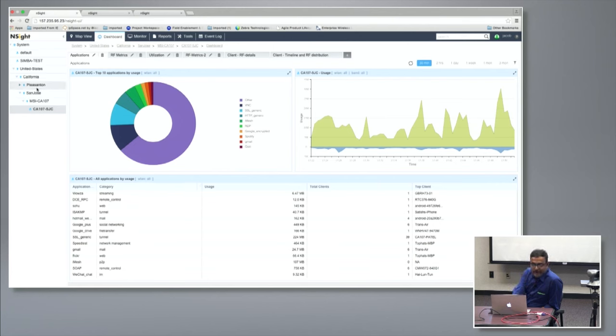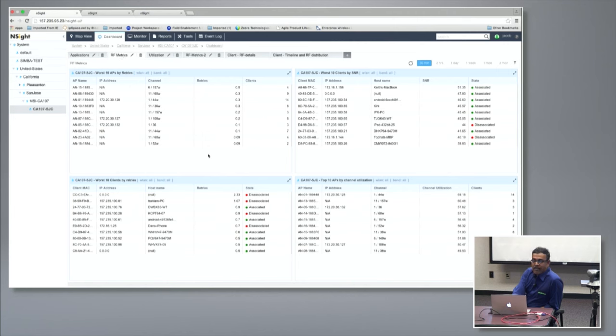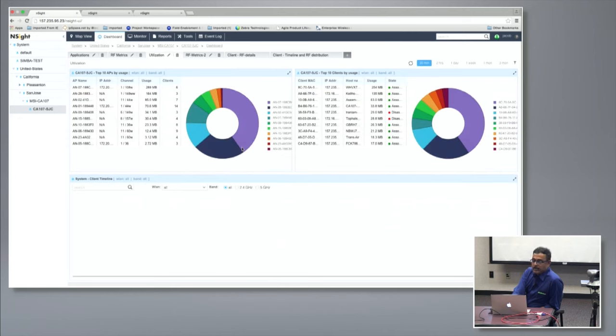Based on where you are, it acts like a template. I have a bunch of them pre-created here. You have the ability to look at applications, and for example, look at some of the RF metrics. You can quickly take a look at the top worst 10 APs by retries, by SNR, by channel utilization, and the clients by retries. Then you have utilization in terms of top 10 APs by usage, and you can also look at